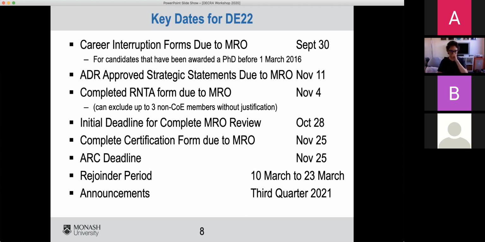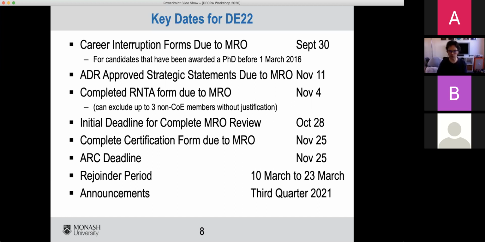You have the opportunity, by November 4, to submit a request not to assess. The request not to assess form allows you to exclude up to 3 reviewers without having to justify why you're excluding them. So if you have mortal enemies in science elsewhere, or people who you think are unlikely to view your work favorably, or competitors, people you've had particular experiences with, you can exclude up to 3 without having to give a reason.